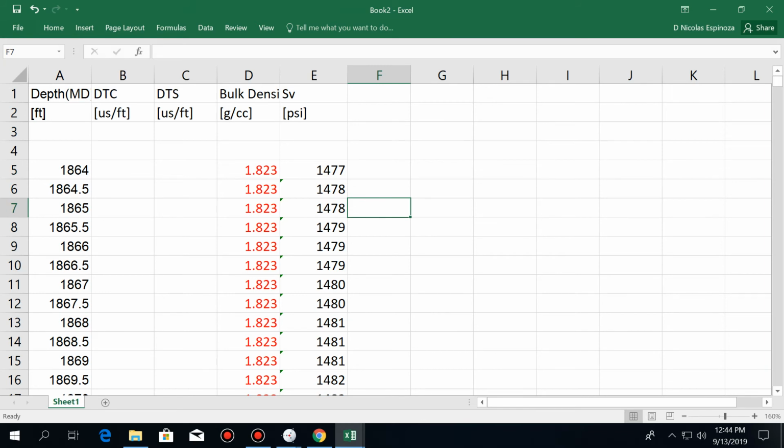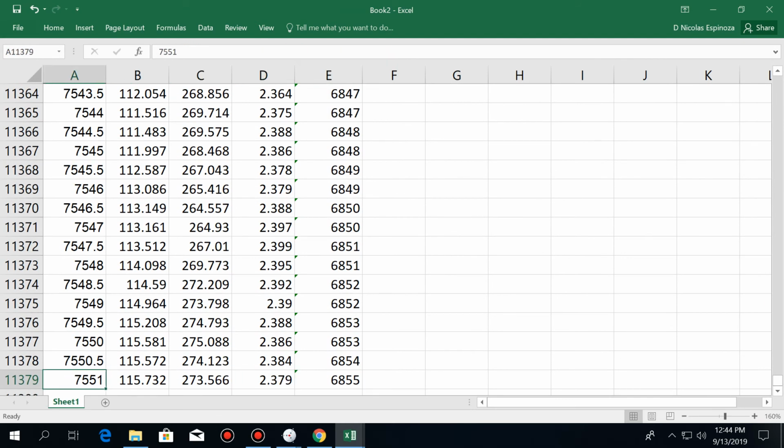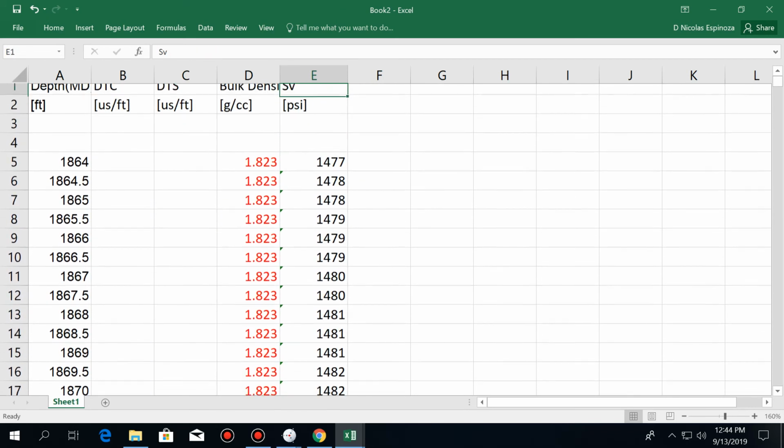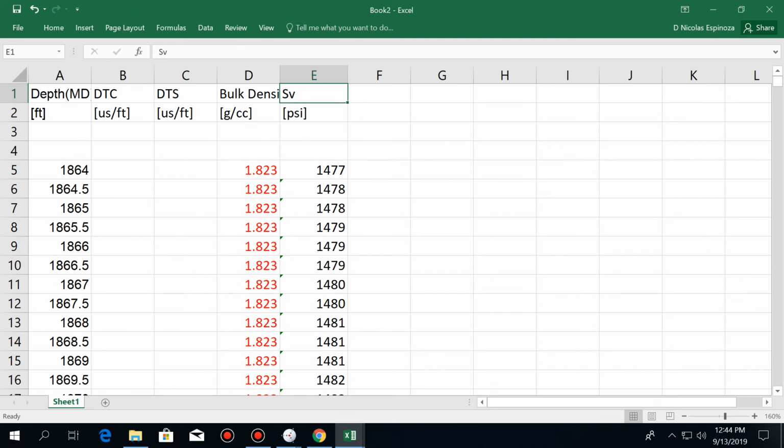All right, so let's see. I'm going to go to the bottom of the data, and I see that at 7,500 feet, I have 6,800 psi, which kind of makes sense because it's lower than this number. The rock is lighter, so I think this number is okay. So I have vertical stress, but